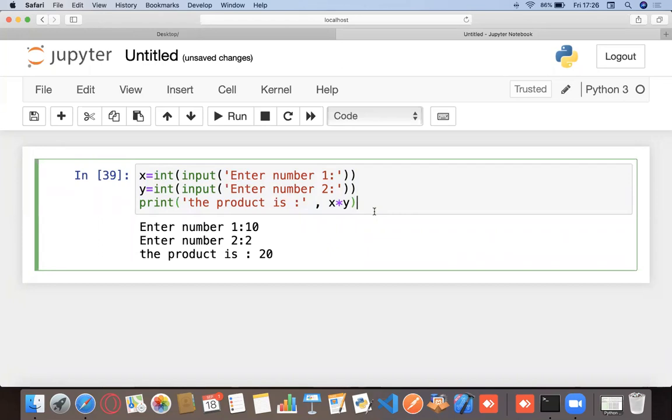Any question? Anything that you guys didn't understand about the input function or the print function, or how all this works? Guys?